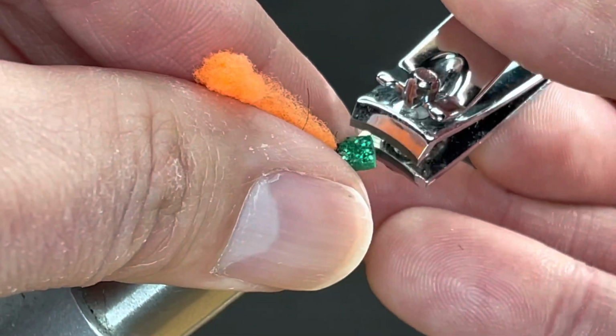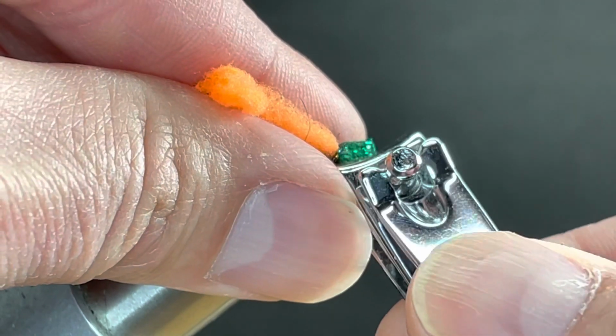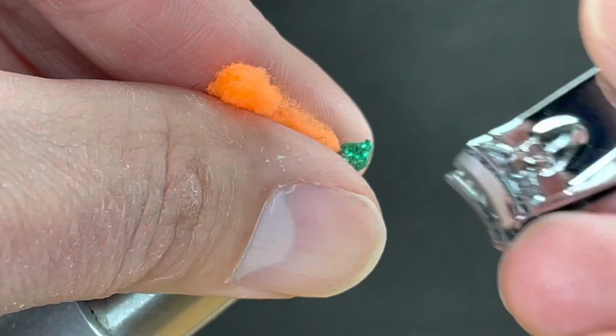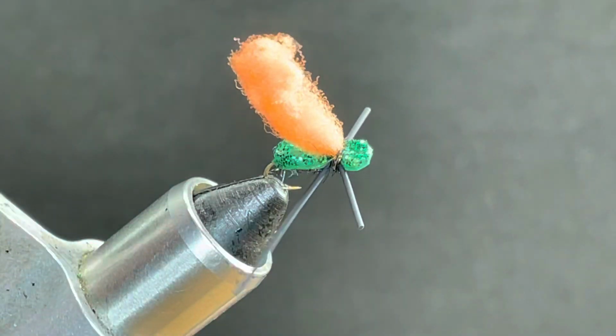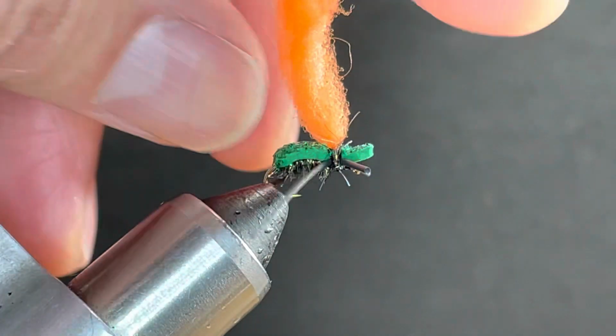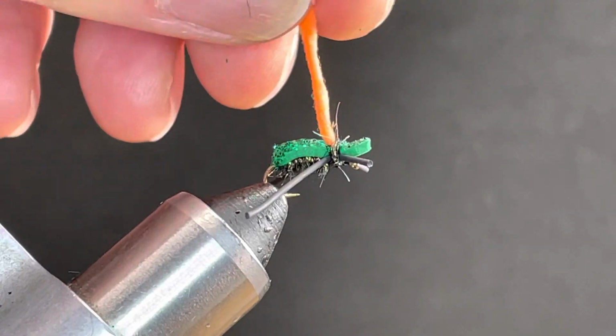You can leave these heads square. I'm just going to kind of use some fingernail clippers to kind of shape it and round it out a little bit. You can use your scissors or whatever you like. Again, you can just leave it square. Totally up to you. Now for the foam, the McFly foam, I'm going to go ahead and twist it together,